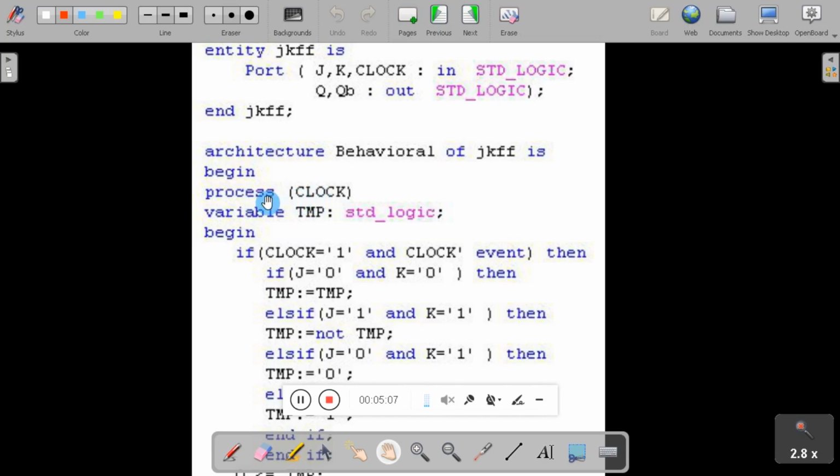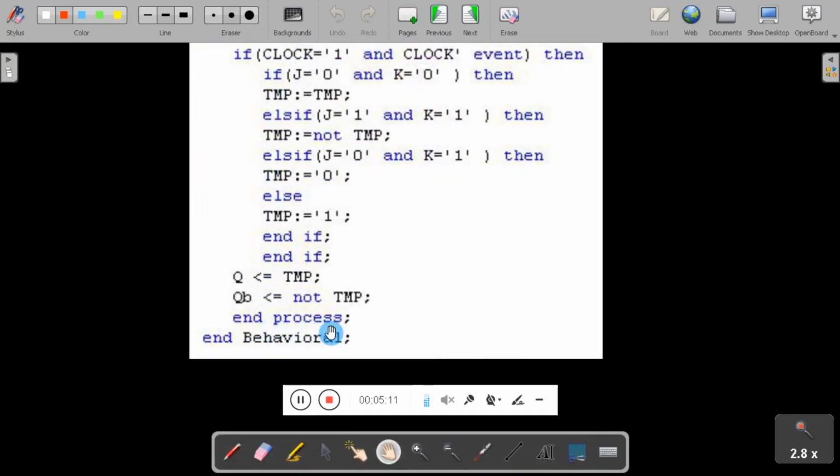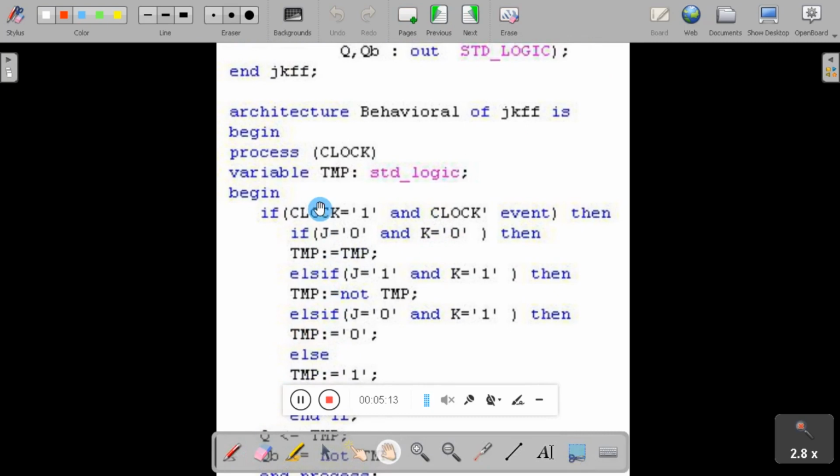The process should start with begin and end with end process. In between you have to define the statements, and remember we have declared temp as a variable. The declaration of a variable should be done between process and the begin statement.